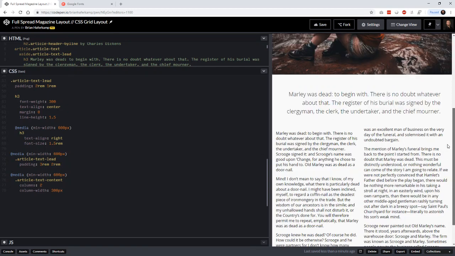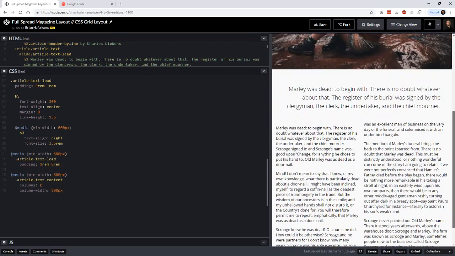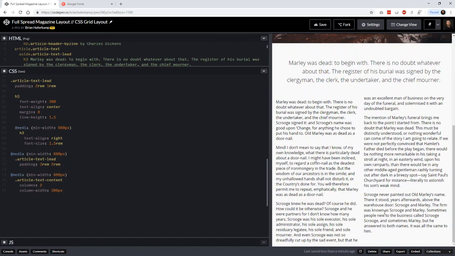Otherwise, you have to go down and scroll back up, and go down and scroll back up. So that hasn't quite been figured out yet with CSS to create a true structure like that,